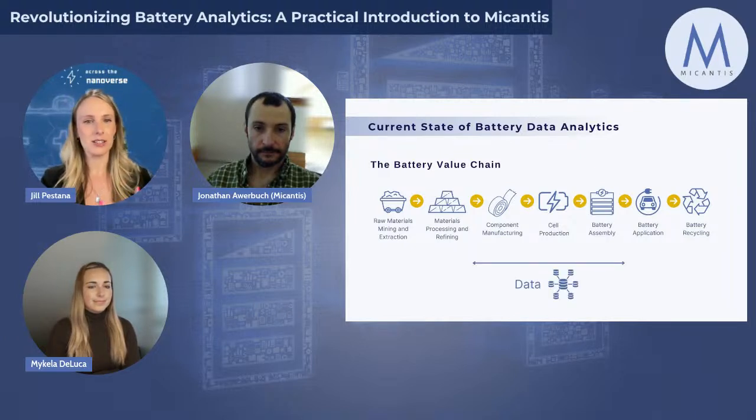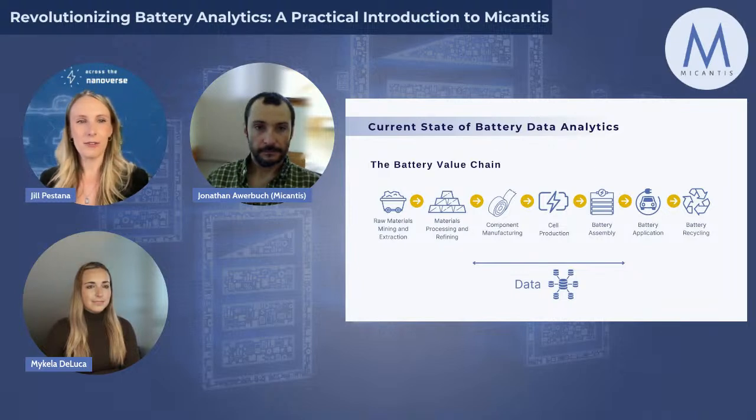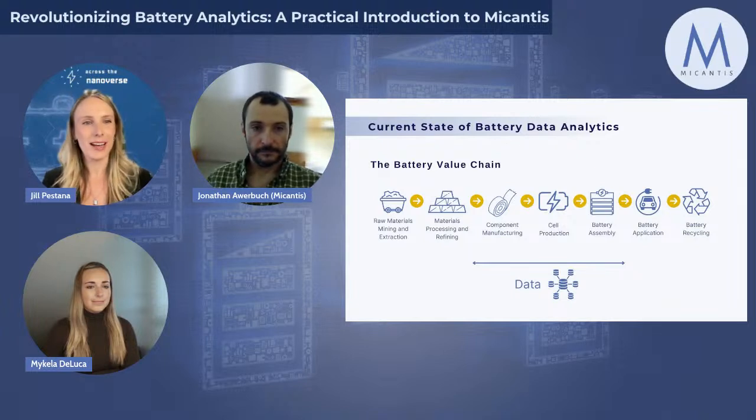And Micantis really solves this problem from the component manufacturers through battery assembly mostly, where you have battery cell data on cycle testers, and you're tracing the materials through the process, you're tracing your manufacturing process. And then once the batteries are being assembled into a product, this tool is really powerful for QA and making sure that you're creating safe and quality batteries in a high throughput facility even. So we have a couple case studies where we'll dive deeper into these topics,